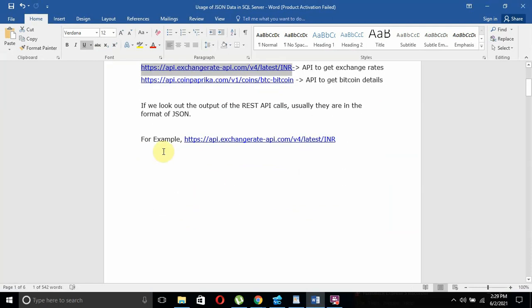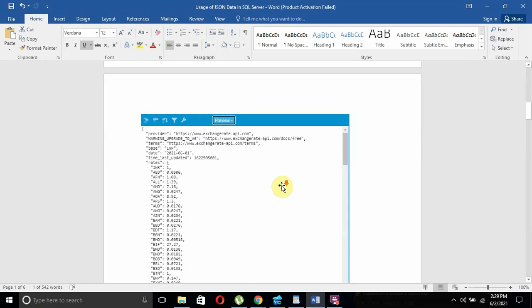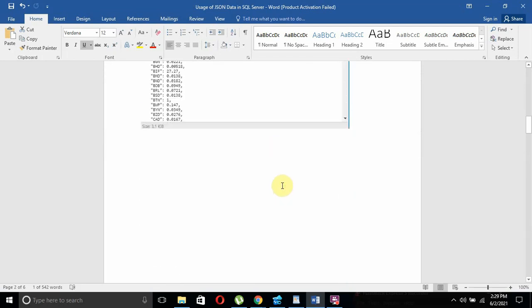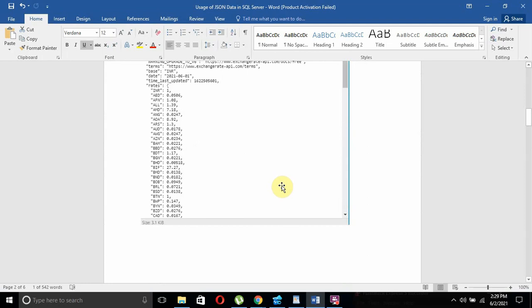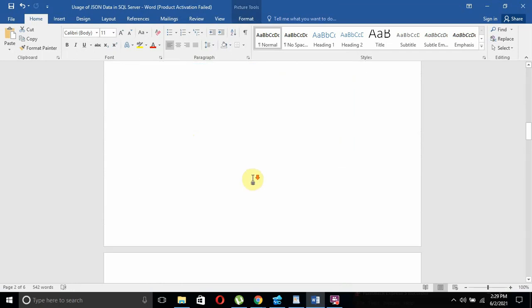Okay, now I am showing here the exchange rate API, and in the JSON beautification format in this document it is placed. Each and every day the values may change. When you execute that one, what is shown here is June 1. Now you have seen for June 2. Depending upon the date you can verify why the values are changing, because on that particular date the value may or may not change. That's why you will be seeing differing values.